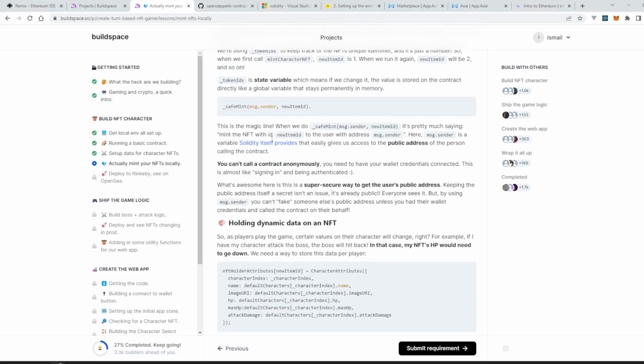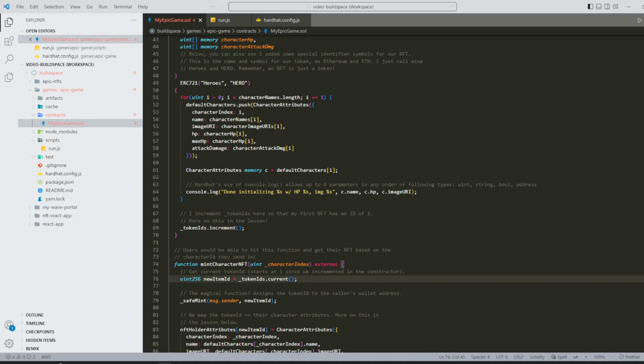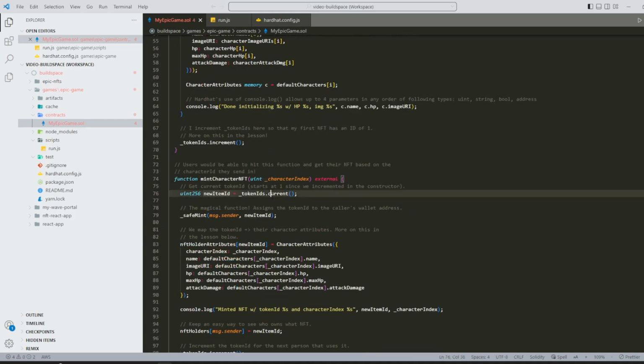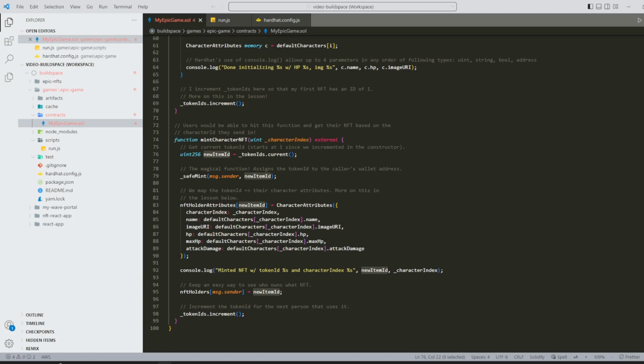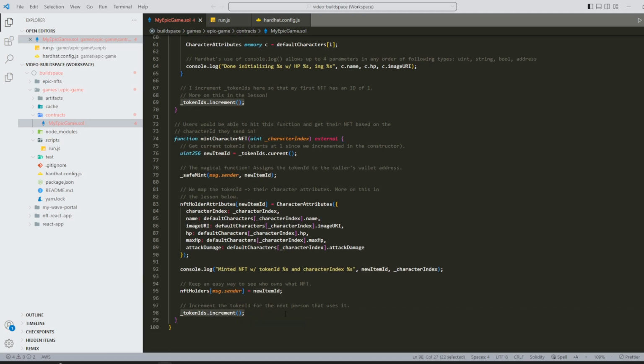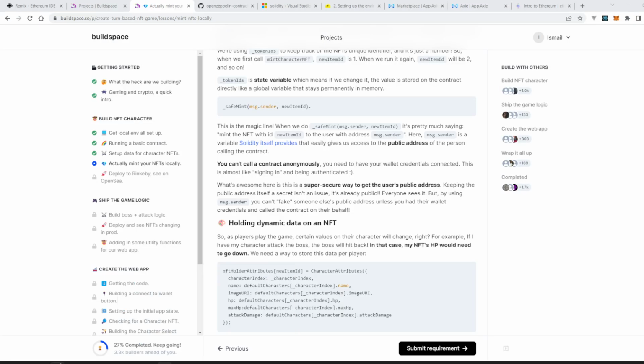So here it is. As we have already seen, it's getting the new token ID every time, because here we incremented the token ID. Now let's move on to the next line, which is _safeMint(msg.sender, newItemId). There's a magic line when we do safe minting: msg.sender, comma, newItemId. It's pretty much saying mint the NFT with the ID newItemId to the user with the address